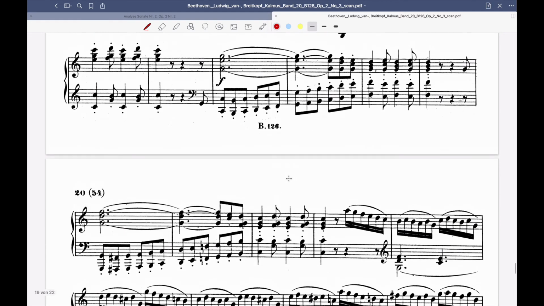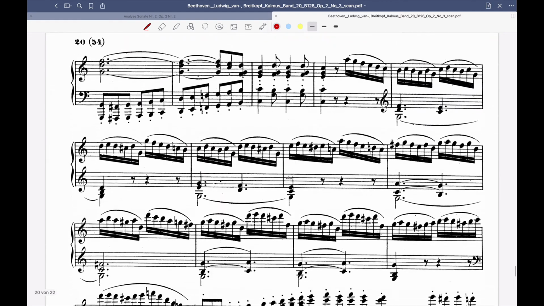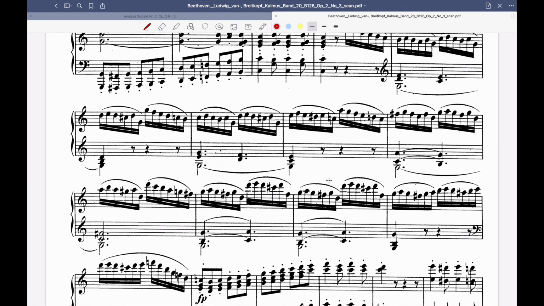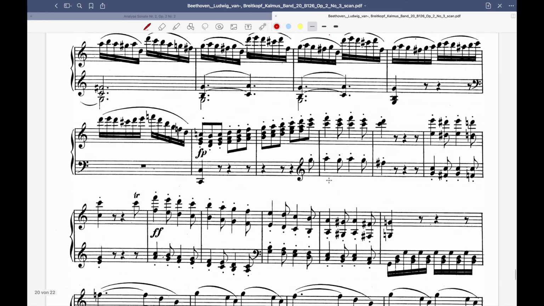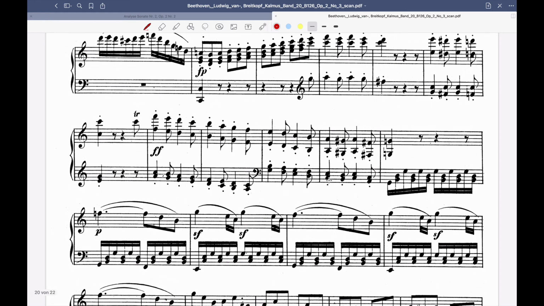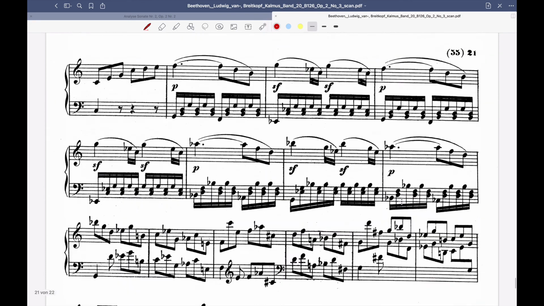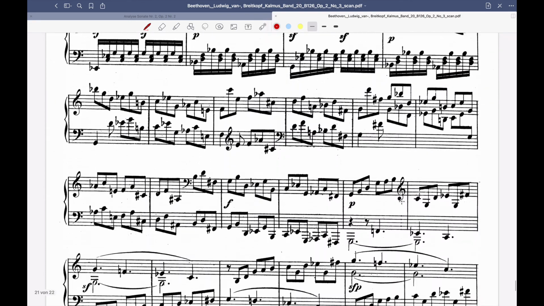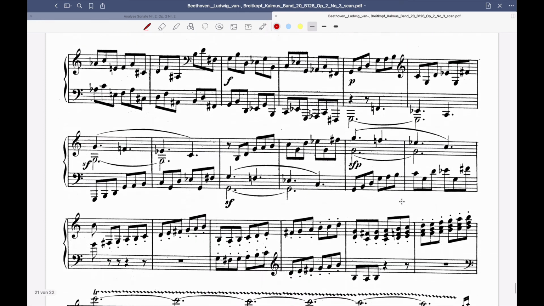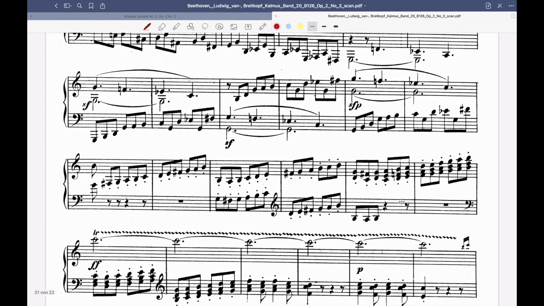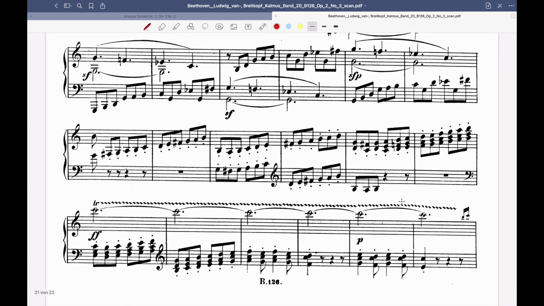And this is just like we had before. We're going through the different themes of the rondo. A theme, then starting here, B again, and then comes the interesting thing. The final statement of the A theme is an integral part of a cadenza-like coda, which starts with the trill